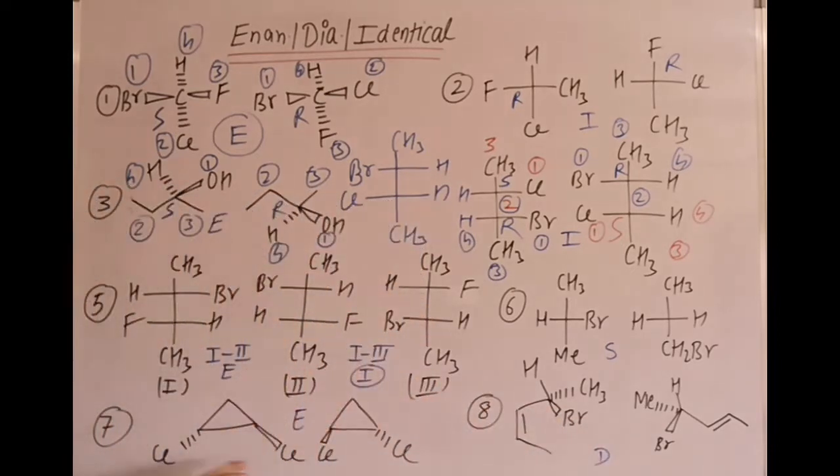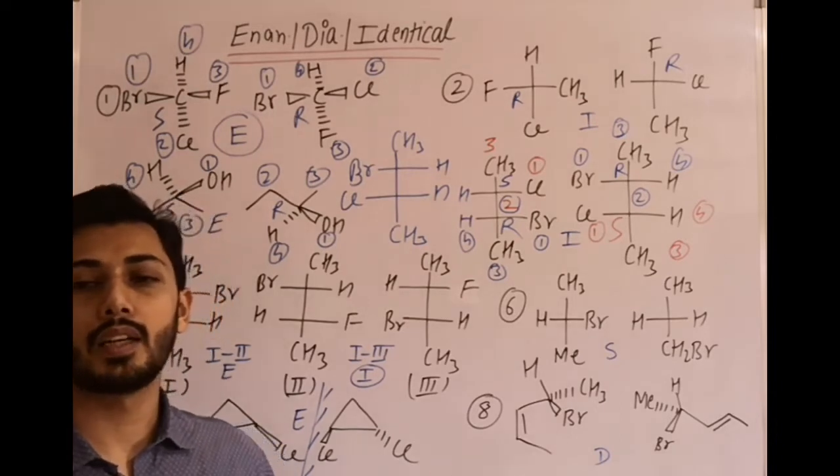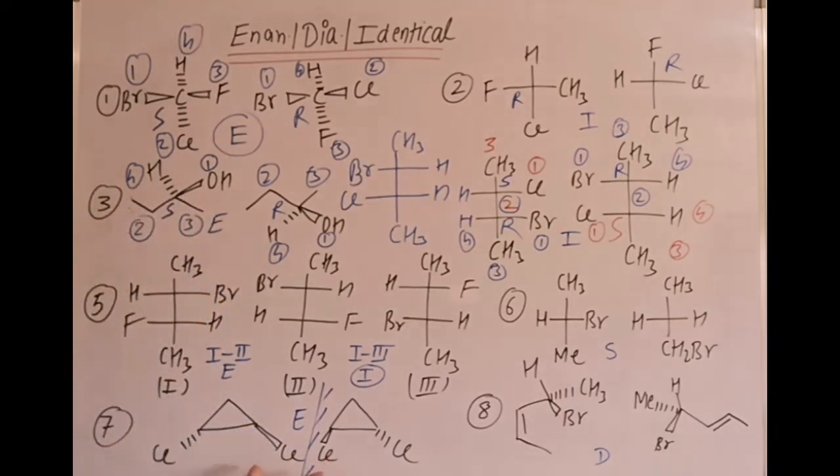In the next example, in this case again which part can we use? Firstly, we can use RS also to find the relationship between these two, or the easy way is these two molecules, they are mirror images of each other. Here Cl above the plane, Cl above the plane, Cl below the plane, Cl below the plane. They are non-superimposable. That means they are what? They are enantiomers with respect to each other. You can cross check that by finding out the RS configuration. If it is coming R, then this will have to be S, right?